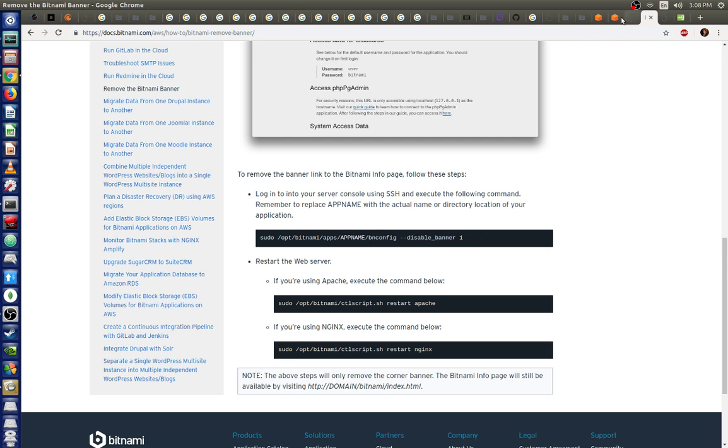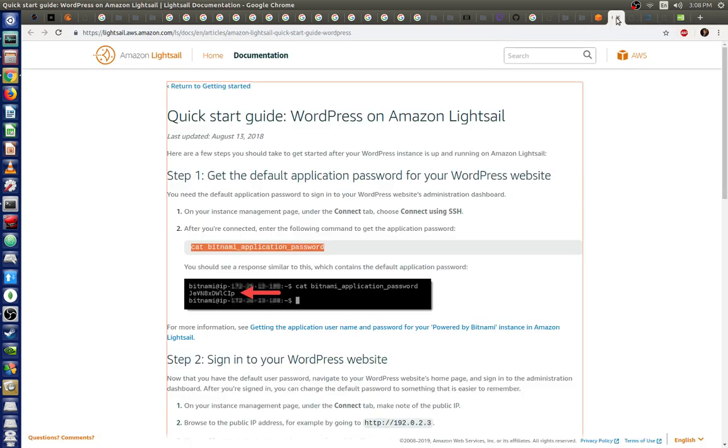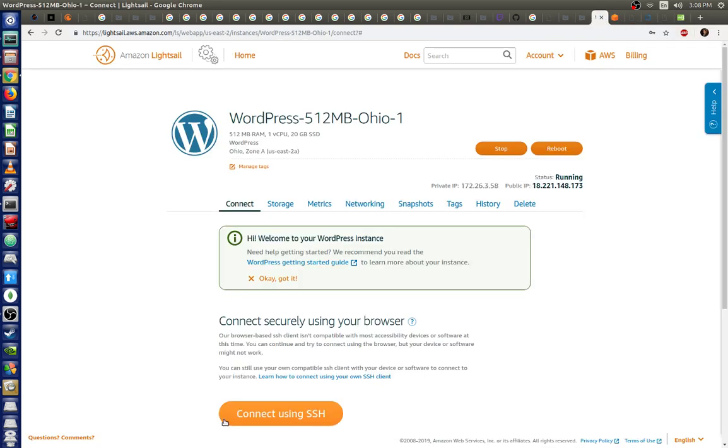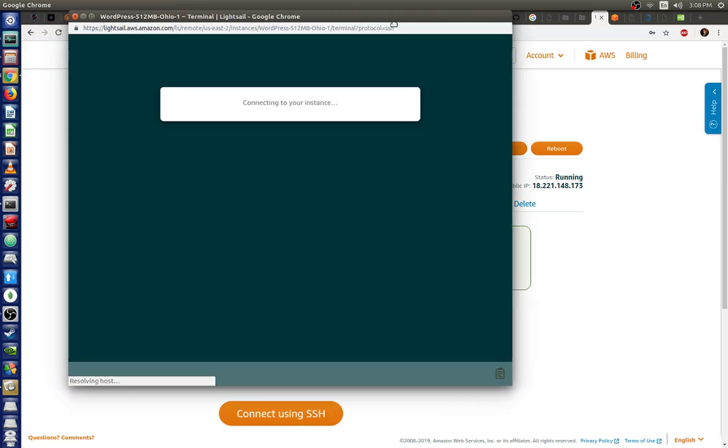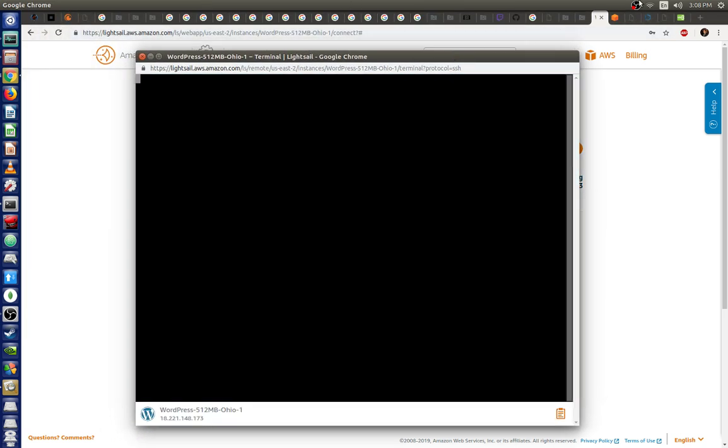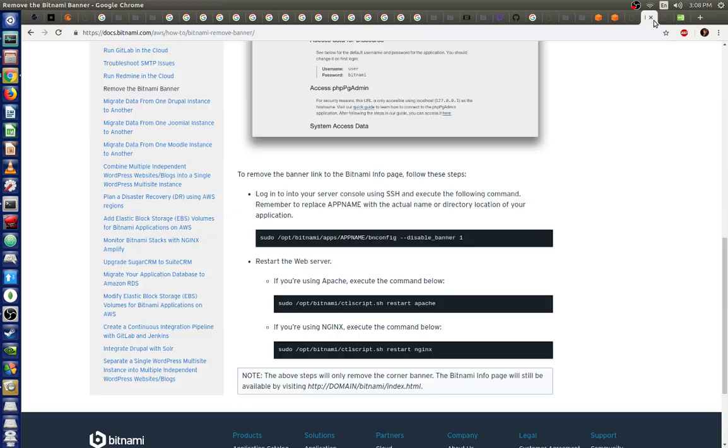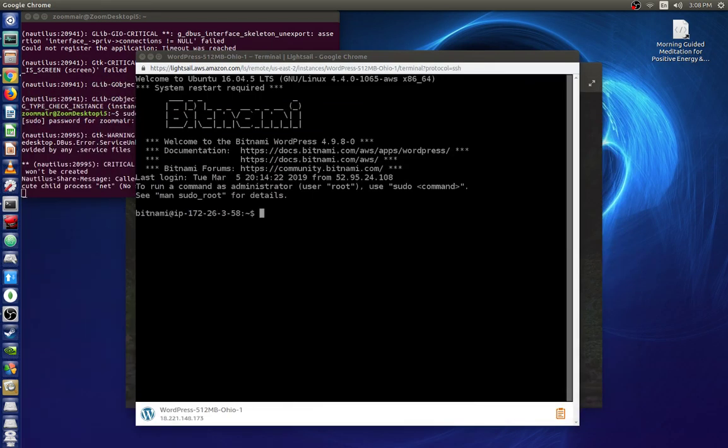Oh, I have to restart the server. Okay, so we got to go to this. And we got to do this. Disable banner. Oh, and I'm going to have to type this in. So we're going to sudo